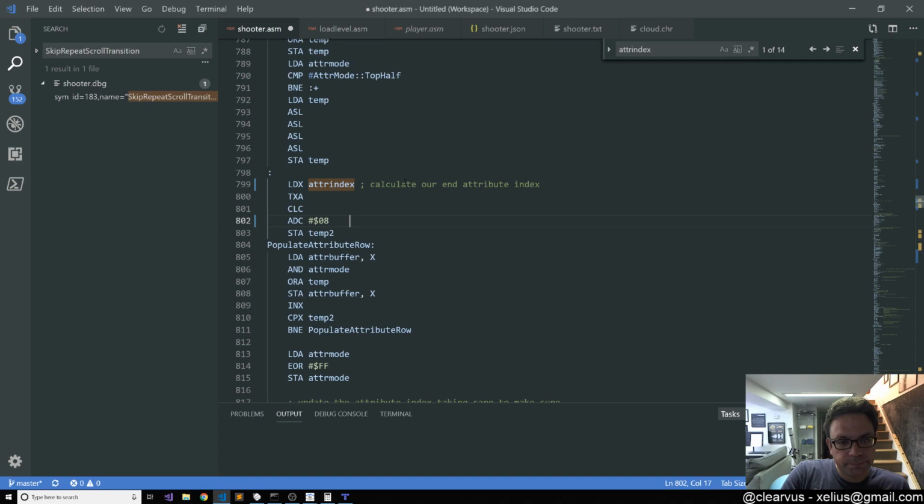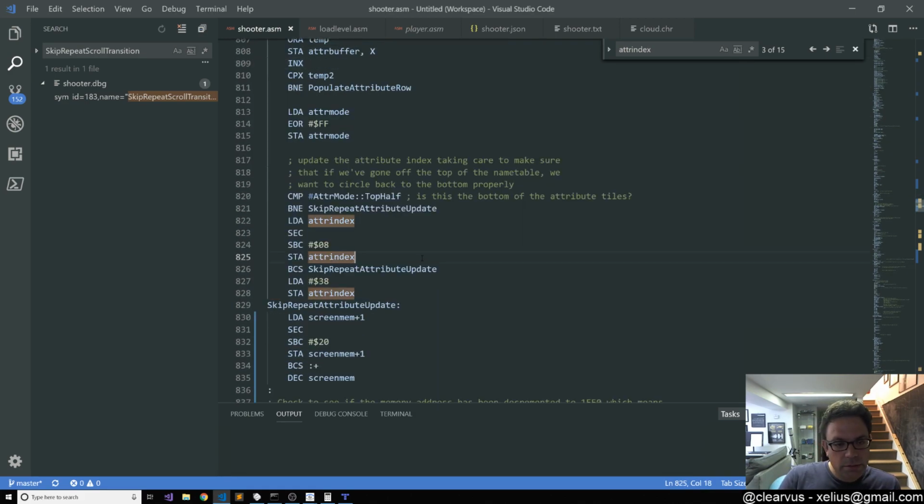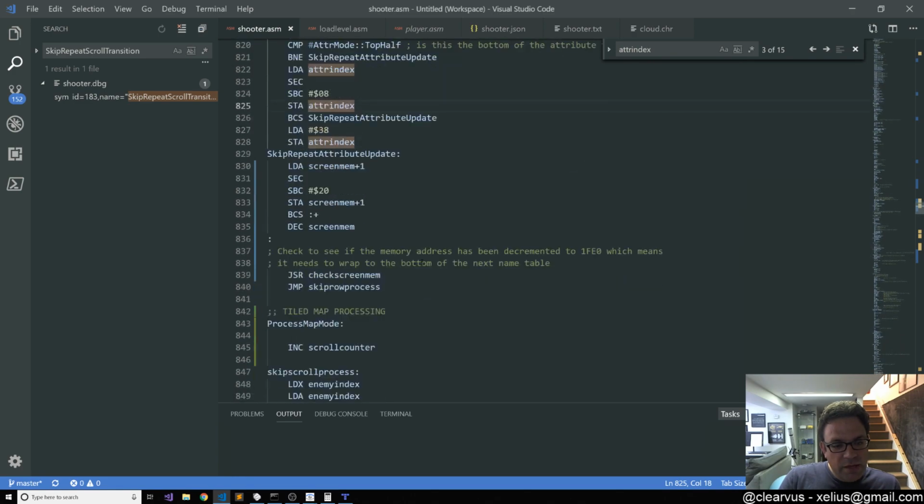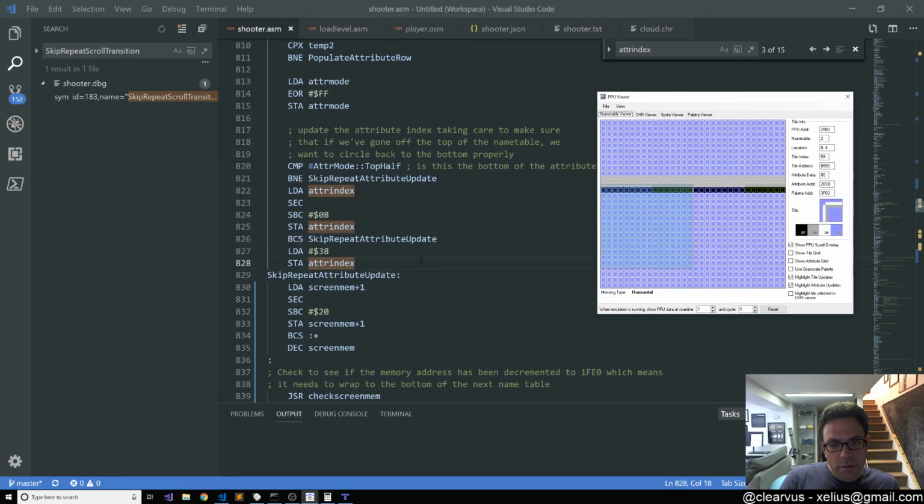So add 8 to current. So what we're doing is we're taking the attribute index, adding 8, and saying, okay, that's when we're done and we're stopped. Now the problem, let's see. What is the problem? The problem is that we are only subtracting 8 from it if we are updating